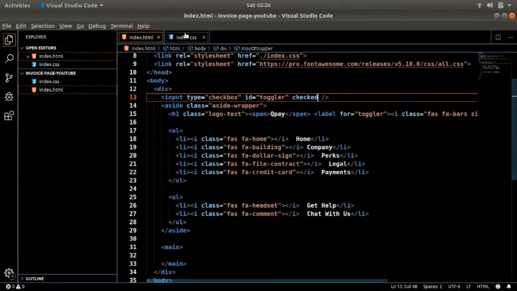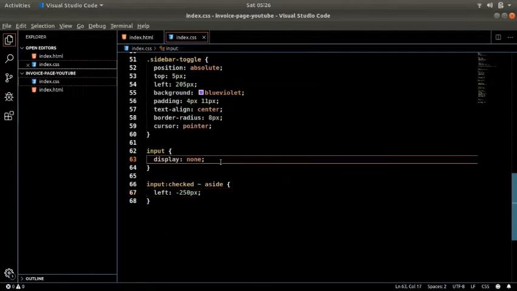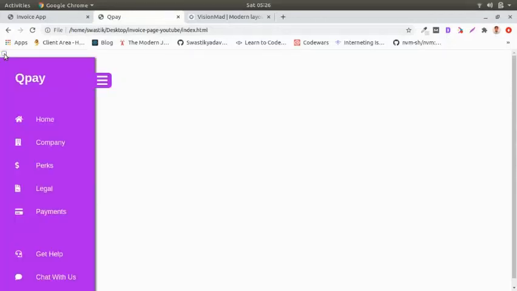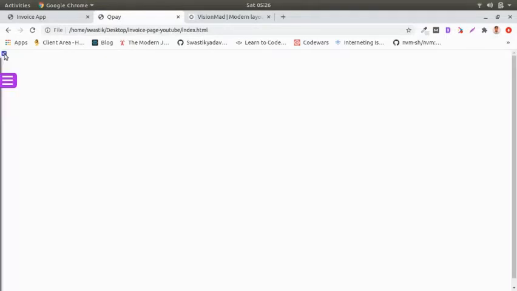And if I just show you the input, if I set its display to not none, you see it's over here, and you can actually toggle the sidebar with this input. Okay, and that's what actually is happening over here.